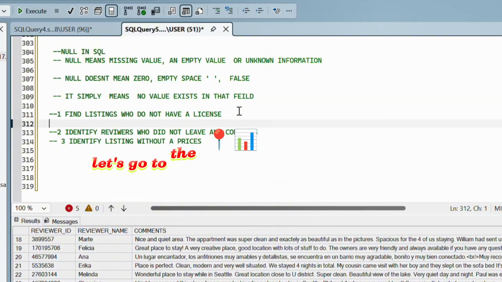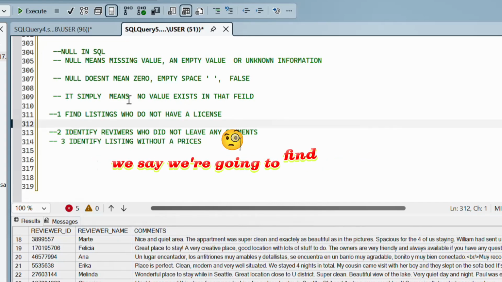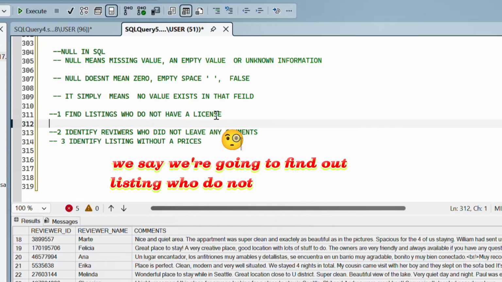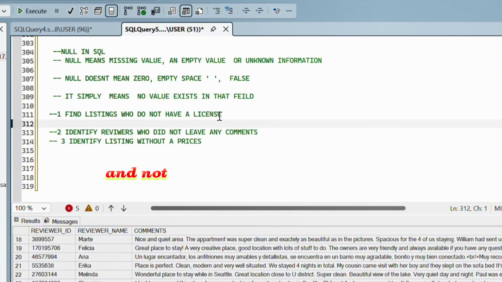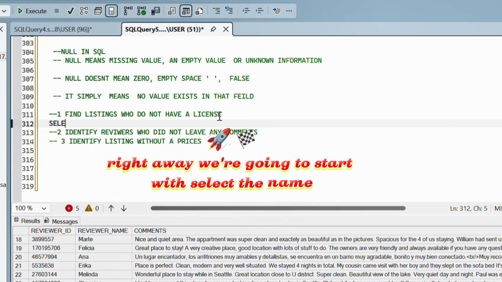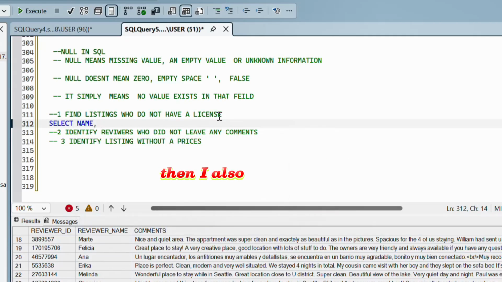All right, so let's go to the first example here in real-time data. We're going to find out listings that do not have a license. Remember, we're dealing with listings of apartments, and not all listings have a license. So we want to find out from our listing table the listing names that do not have a license but they are operating. Right away, we're going to start with select name, then also license,